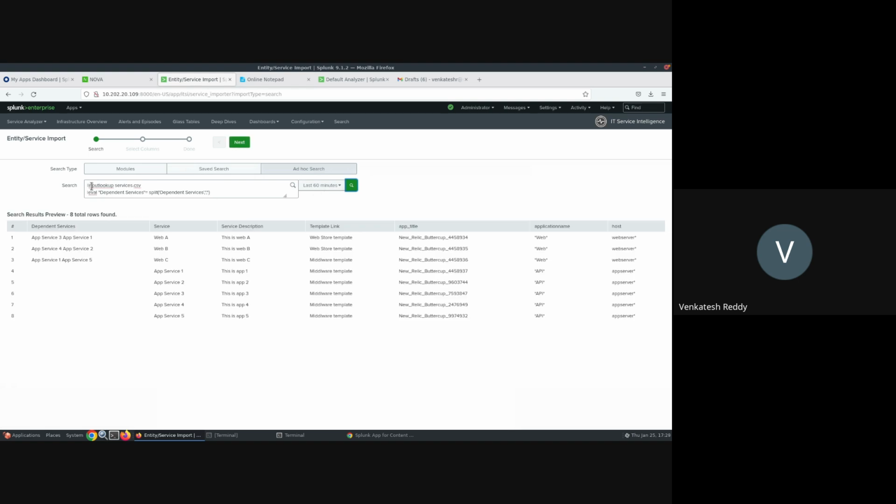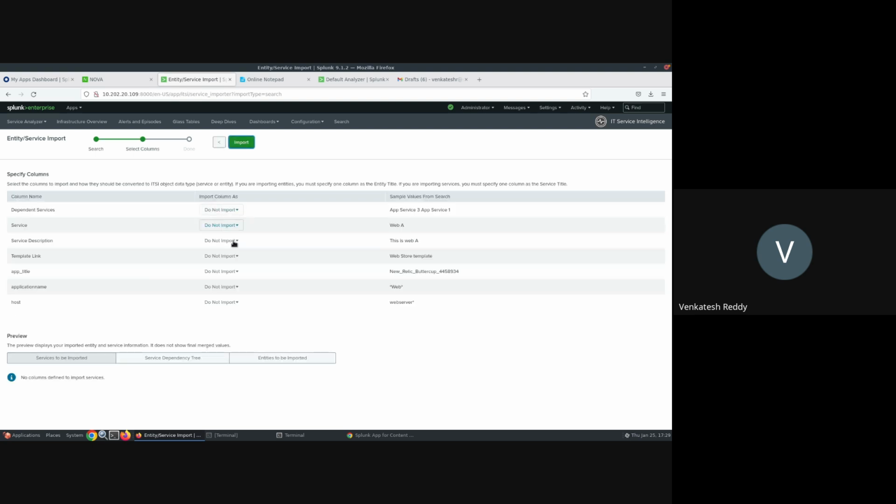So I'm just calling the lookup file and defining an eval command so that everything is in a unique way, like how we want dependent services, because we separated dependent services using commas. So I just use the split command to separate them, and then click next.